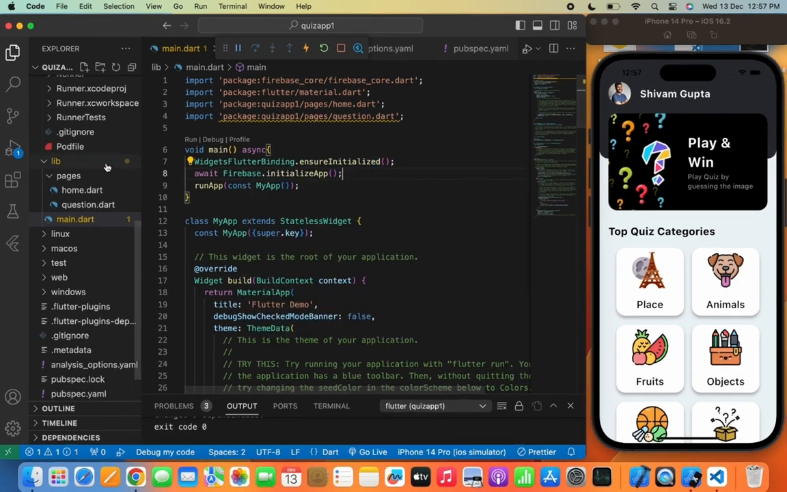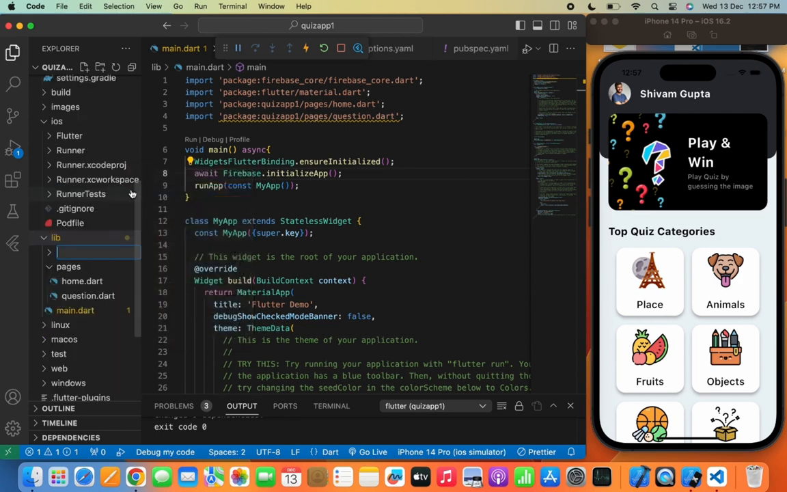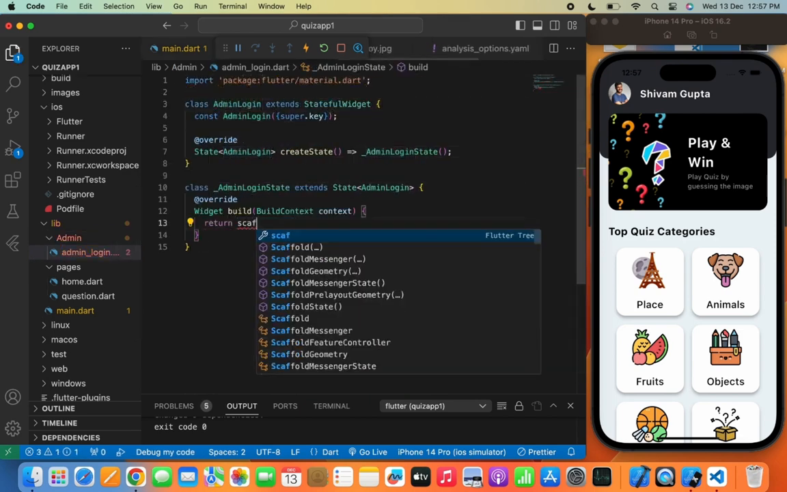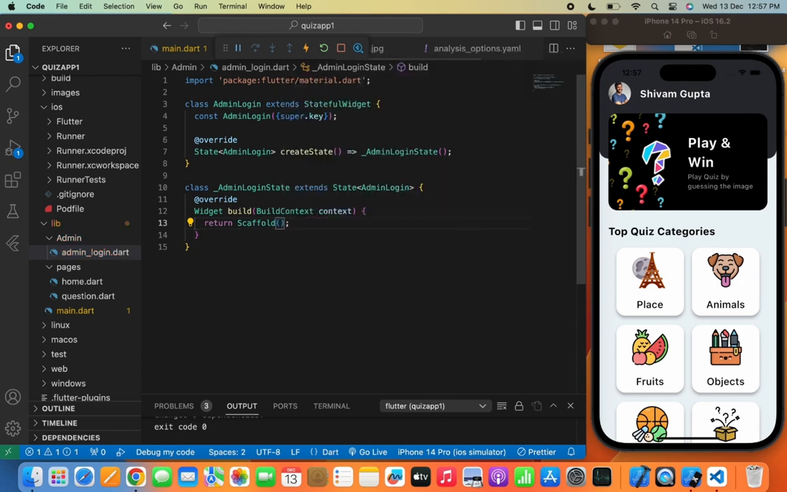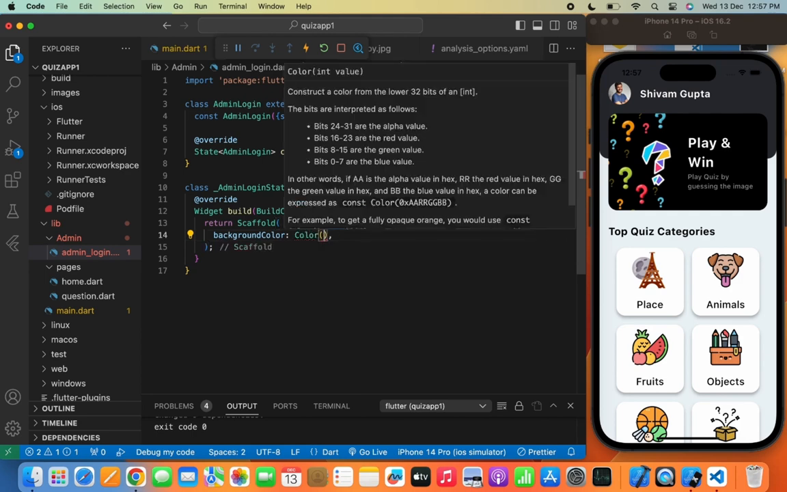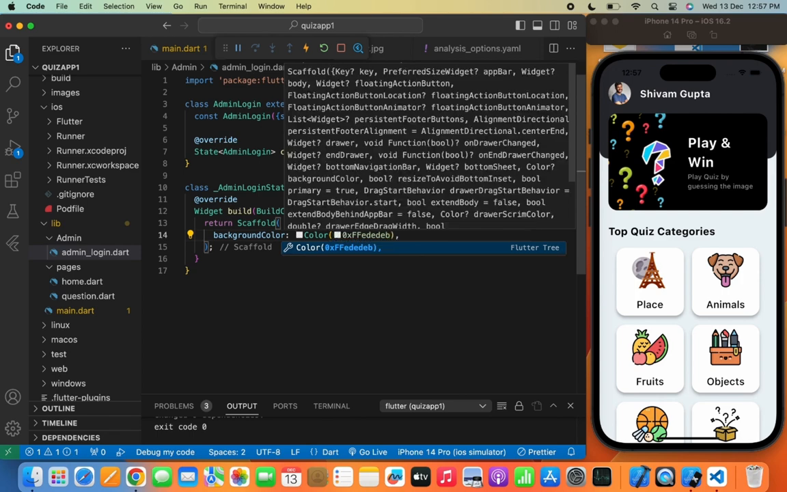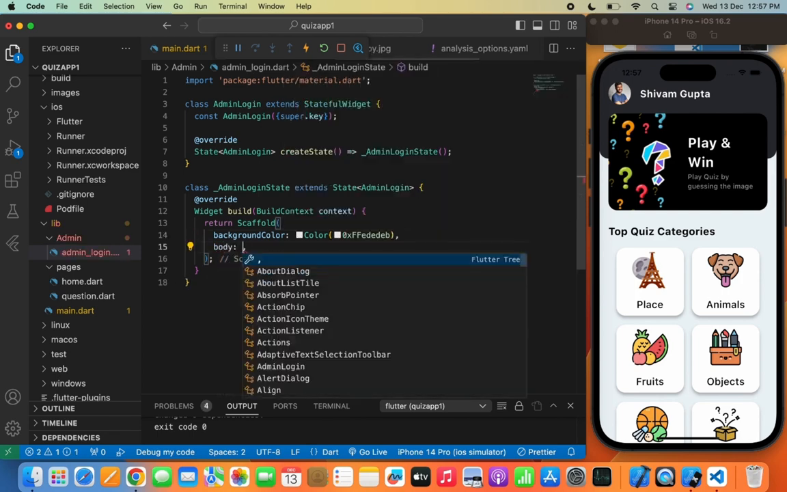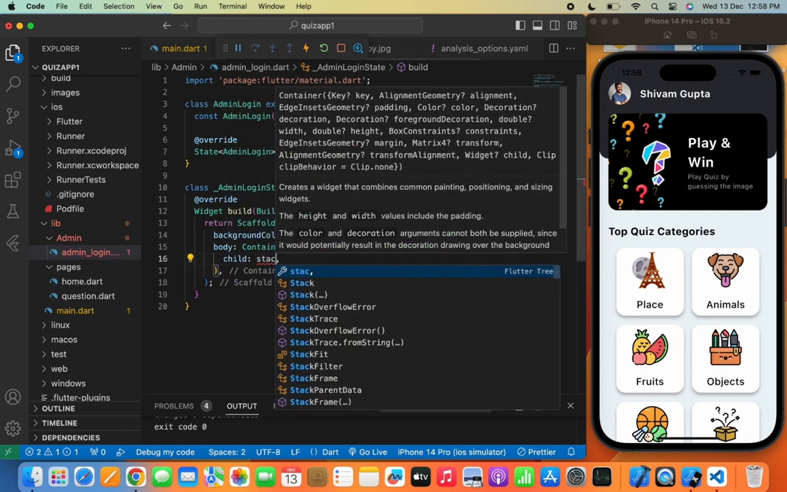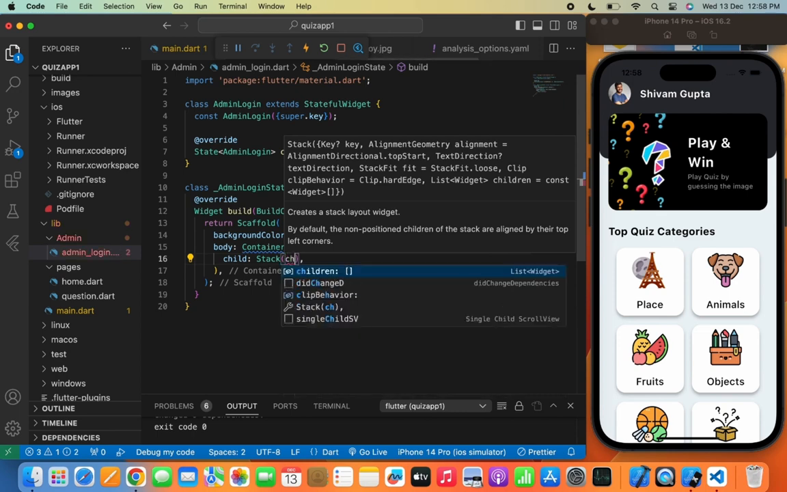Now let's move and we'll create a new folder named admin here, and inside the admin folder I will create a new file named admin_login.dart. Now we'll create a stateful widget named AdminLogin. Now Scaffold, and we'll pass a background color to the Scaffold. So we'll write Color(0xFF and we'll pass a customized color code. Now body, Container, child, Stack, children,